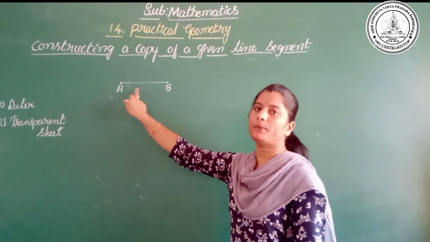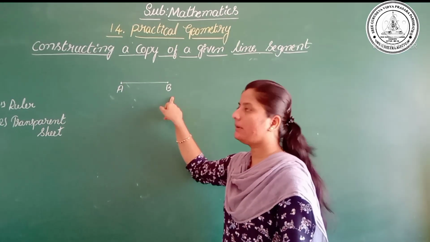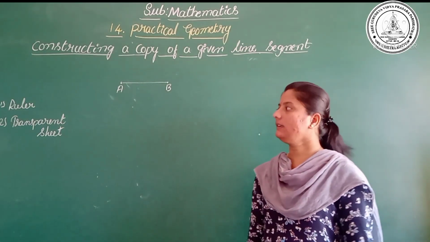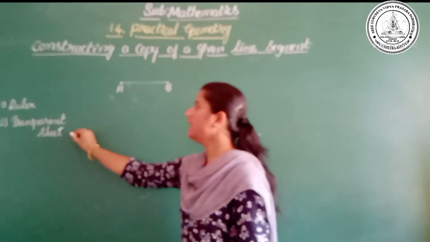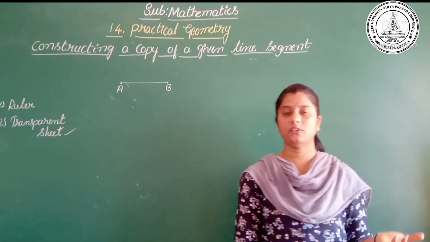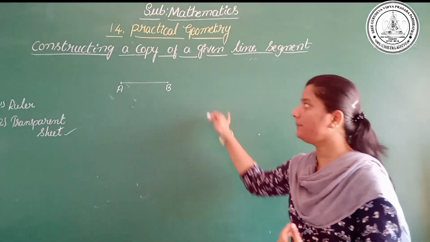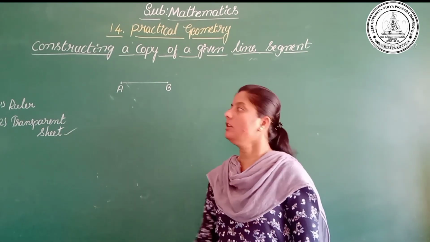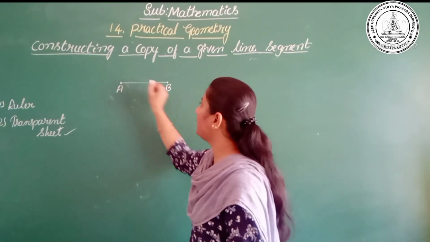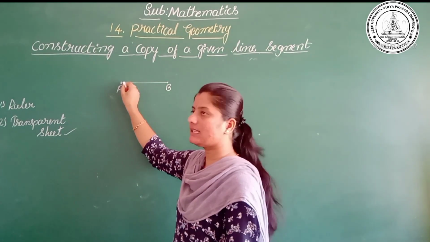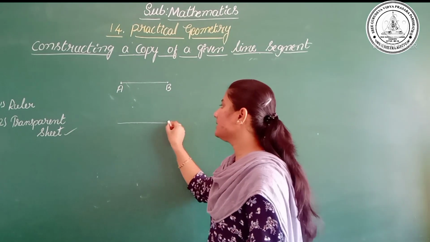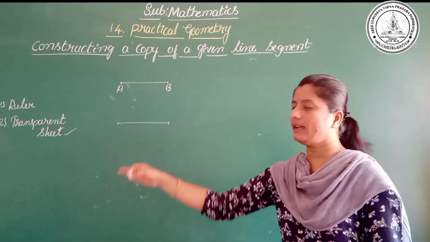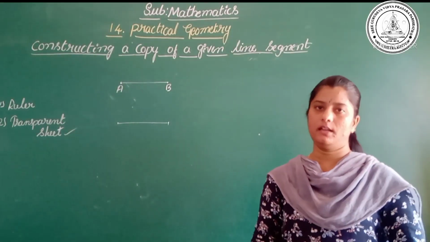Is the first approach that comes to your mind. Using the ruler you may copy the length of the line segment AB and again you will draw the other line segment CD. Right. And the second approach is using the transparent sheet. In the previous lesson I told you how to copy a line segment using the transparent sheet. First we have to keep the transparent sheet upon the line segment AB and trace that. Then next we have to trace the line segment CD. Right. But these two methods may not always give an accurate result.